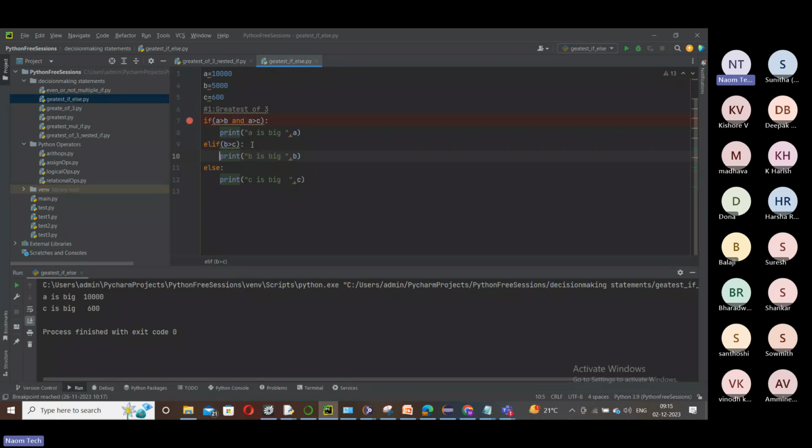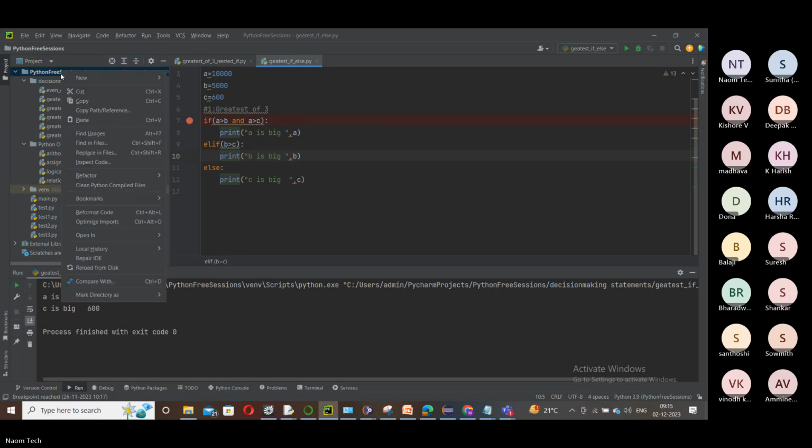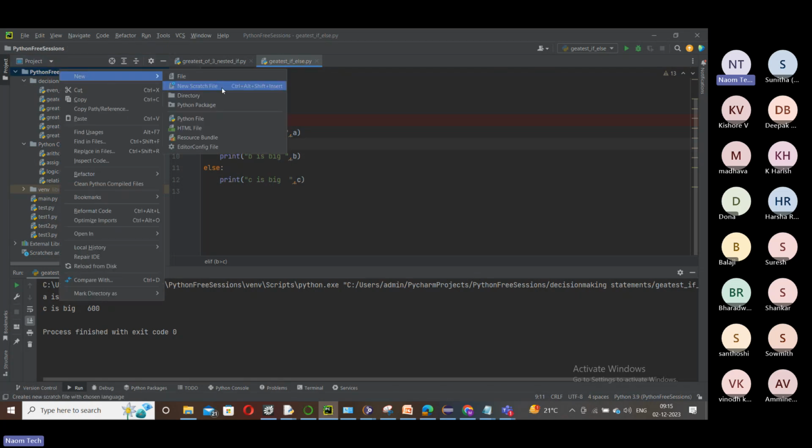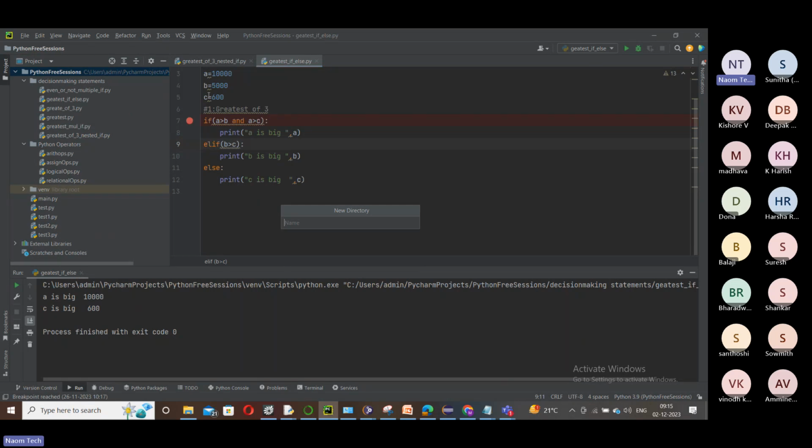So in the last session, we were at this program working with if. What we can do is take another folder: right click, new, directory.